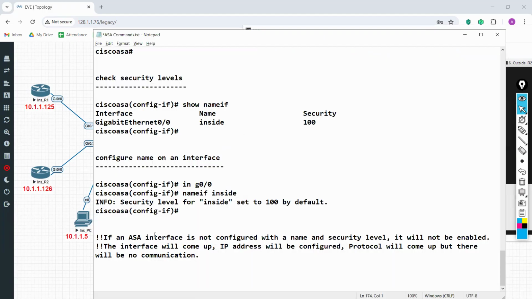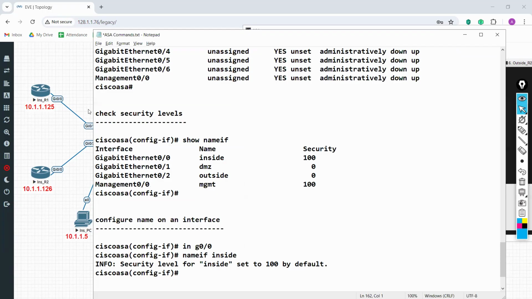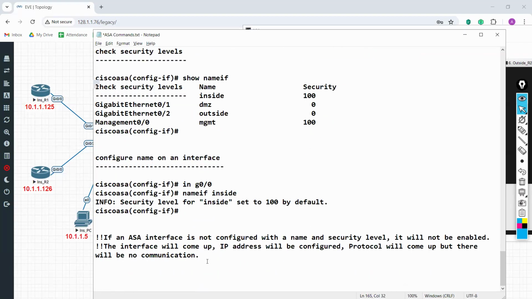Okay, so let's connect this. So this is how it works. And in normal scenarios, we'll keep it 50. Okay. All right. So if you want to assign manual security level,